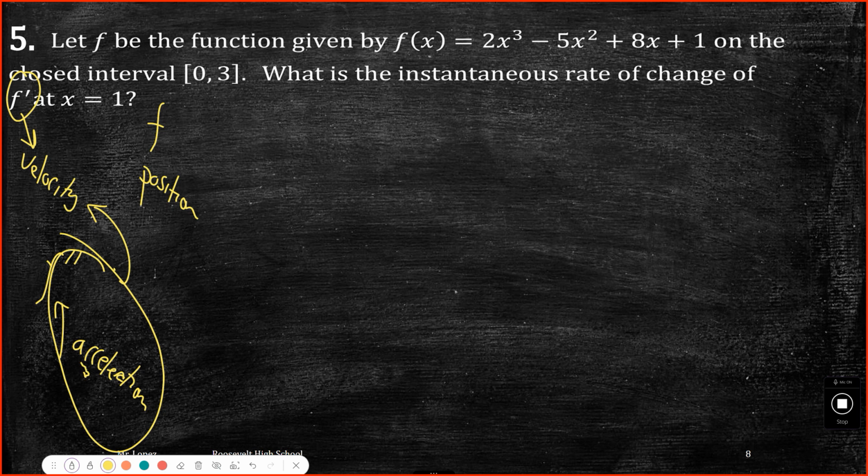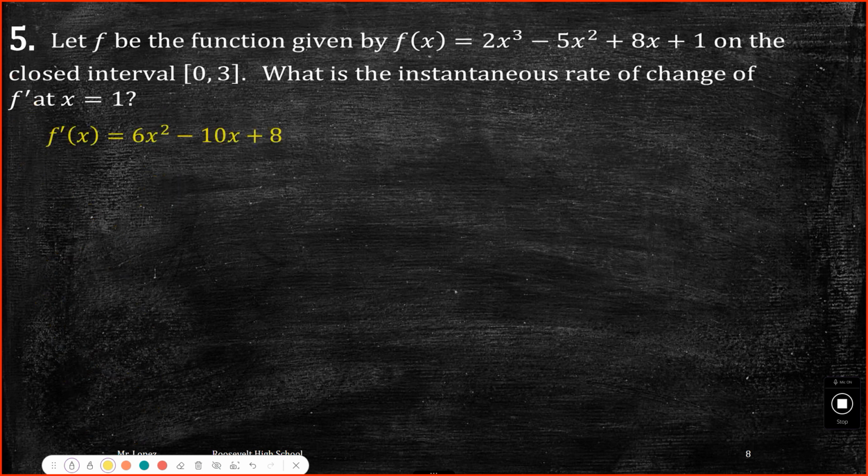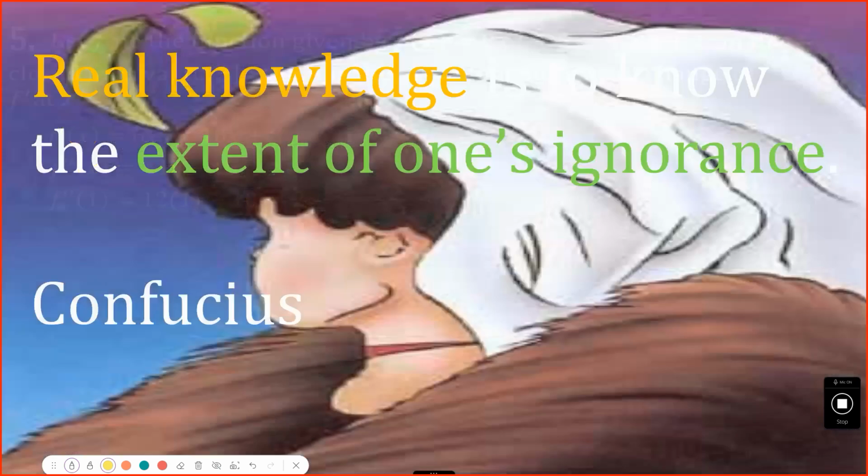Even when I was looking at it, I thought I got it wrong today. I was like, just take the first derivative and evaluate it. No, you have to go to the second derivative. So f prime is 6x squared minus 10x plus 8. Take the second derivative and now evaluate it there. All right, so that is